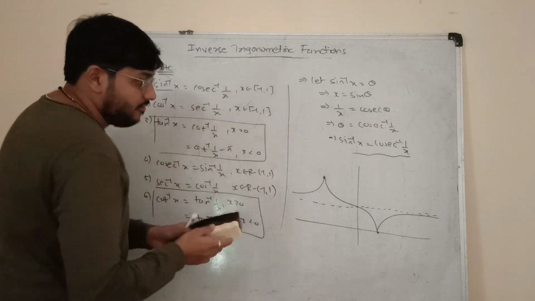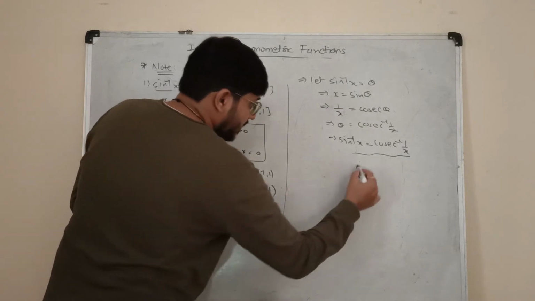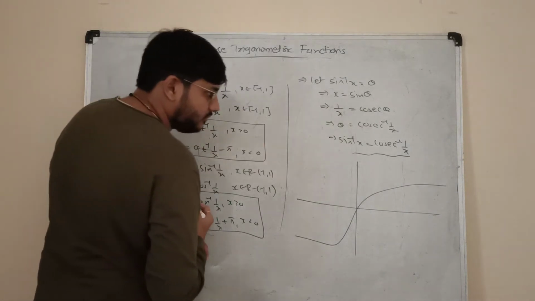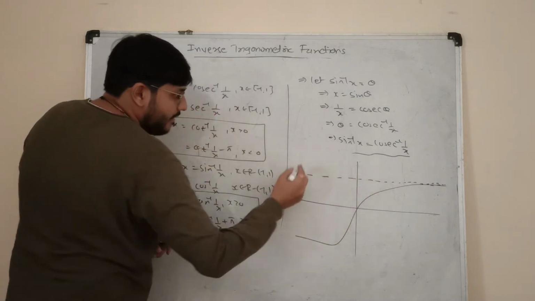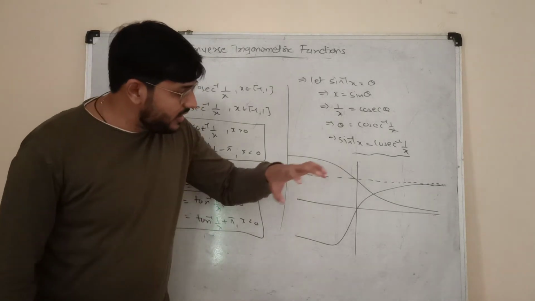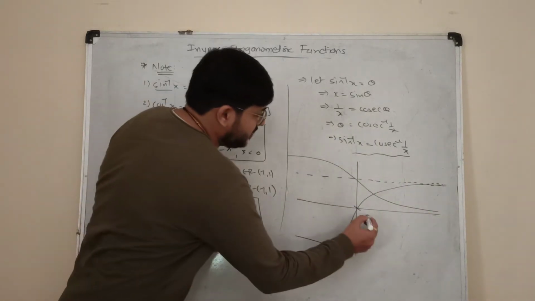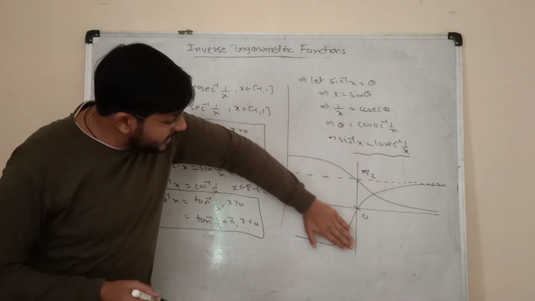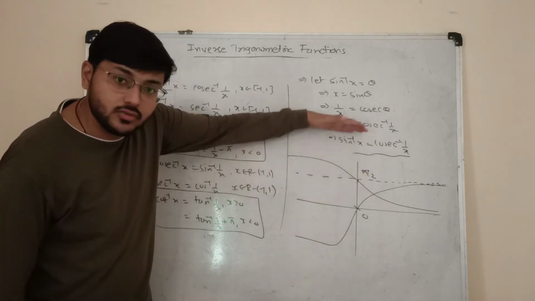But when you plot the graph of tan inverse and cot inverse on the same scale, this is the graph of tan inverse, and if I say that this is the line pi by 2, this can be the graph of cot inverse. So what do you observe? We don't have any issue with positive values. When we put positive values of x, both will give us an answer between 0 to pi by 2. But when we put negative values, tan inverse will give us an answer between minus pi by 2 to 0, whereas cot inverse will give us an answer between pi by 2 to pi.